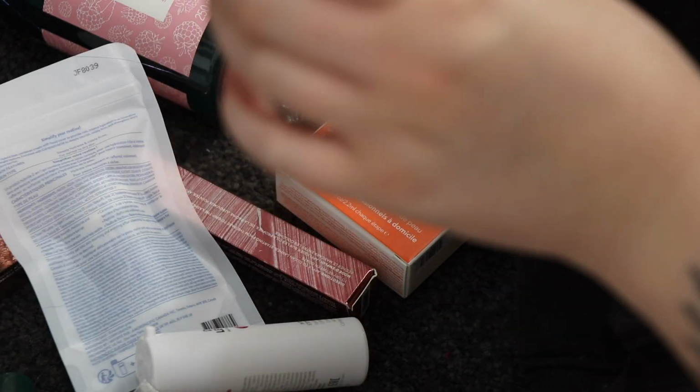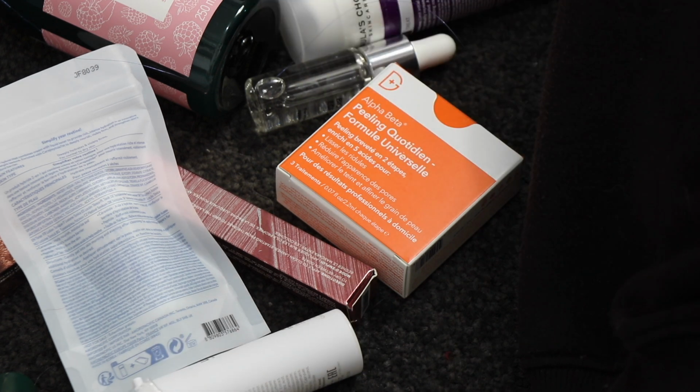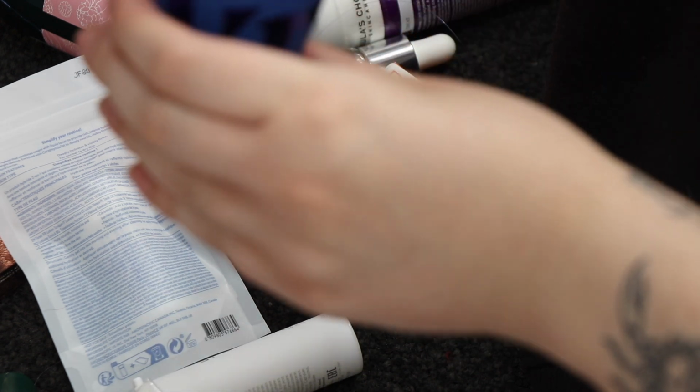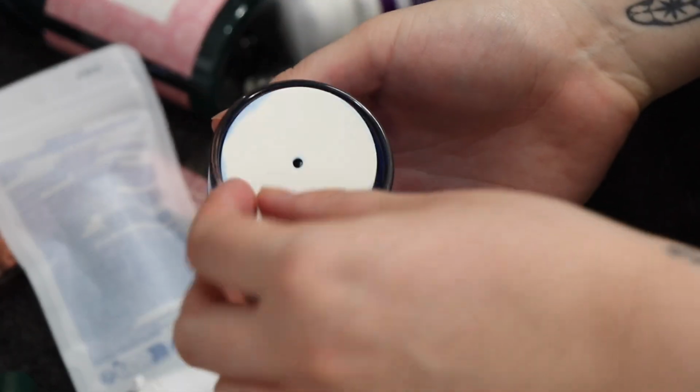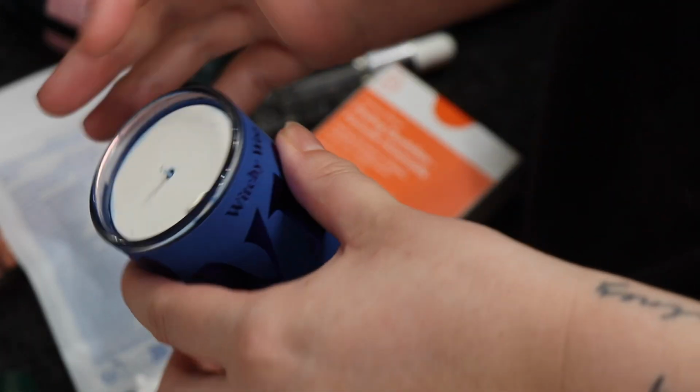There's this candle. It's called Witchy Woo. Oh, it smells really nice. I just don't know if I'll burn it. Oh, I don't know. It is really nice. I feel like I might pass it along though, because I don't know if I like it enough to like...